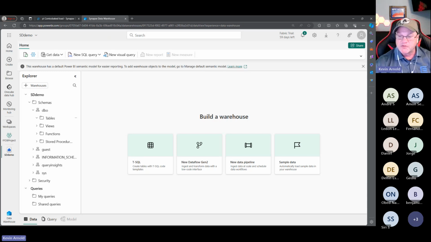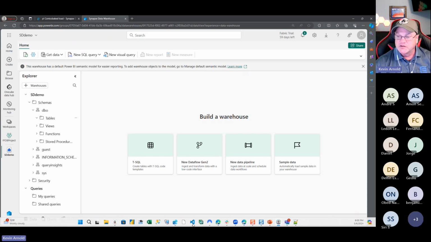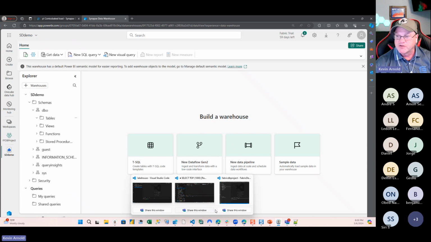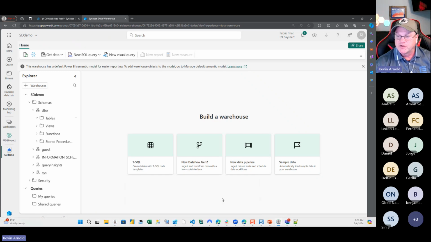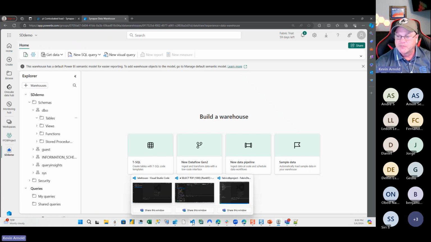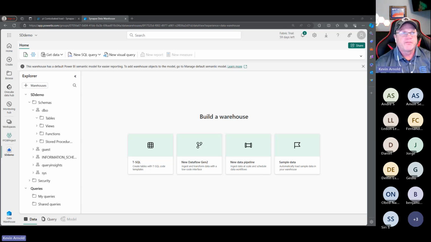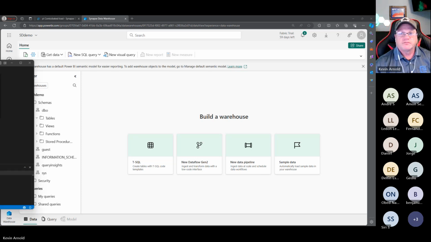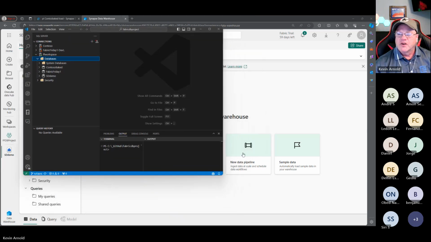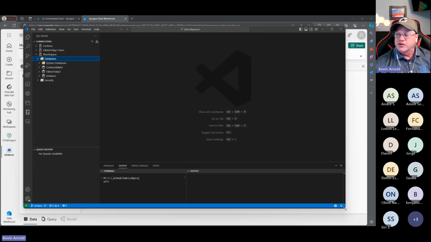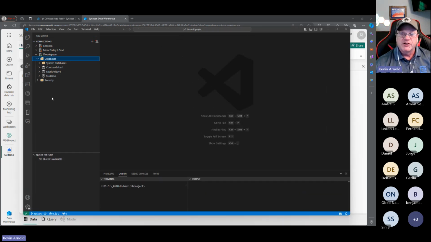So as I was saying, I like using database projects. Well, let's introduce database projects a little bit. Inside Visual Studio Code, you could do this in Visual Studio Community Edition.